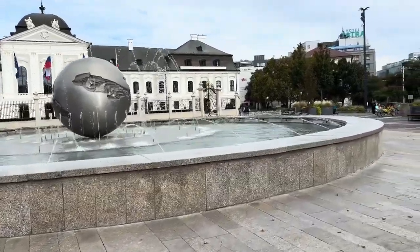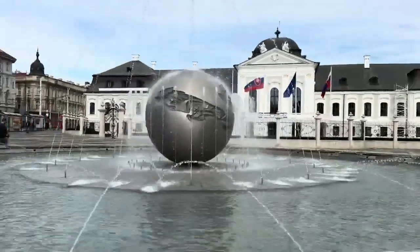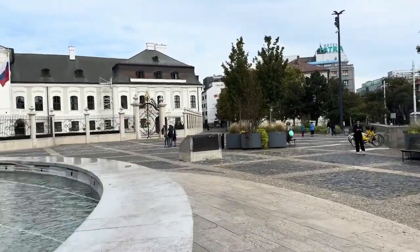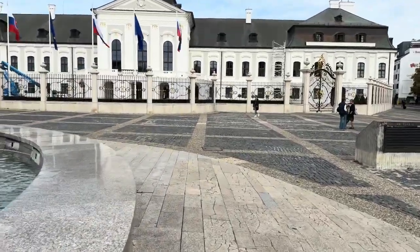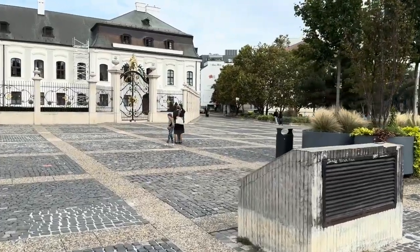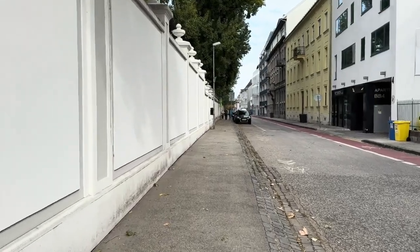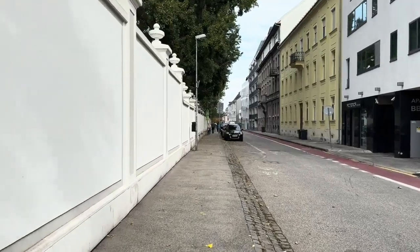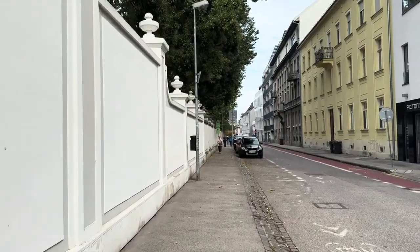Google seems to be directing me around the other side of it. Nice fountain though. Where it looks like a park or gardens. I'm going to head round there and have a look. I presume there's some sort of entrance along here behind these walls, and the Archbishop's Summer Palace is also in here somewhere. Pretty much coming towards the end of this fabulous walking tour around